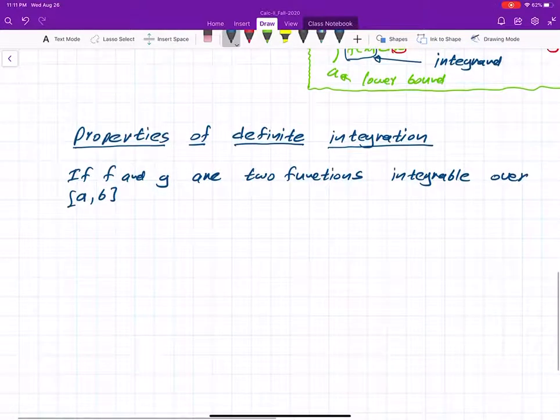All right, so you have to keep that in mind. f and g should be integrable before defining these properties. Then